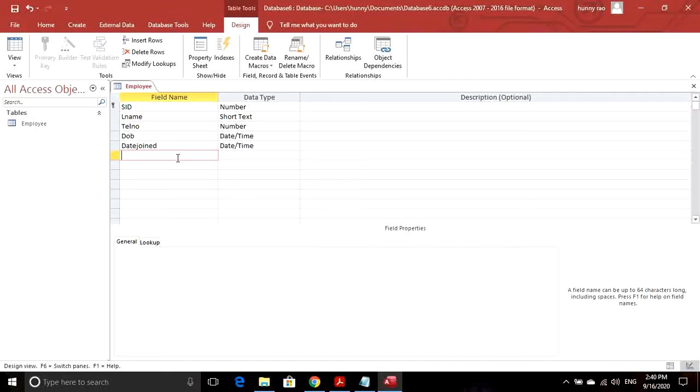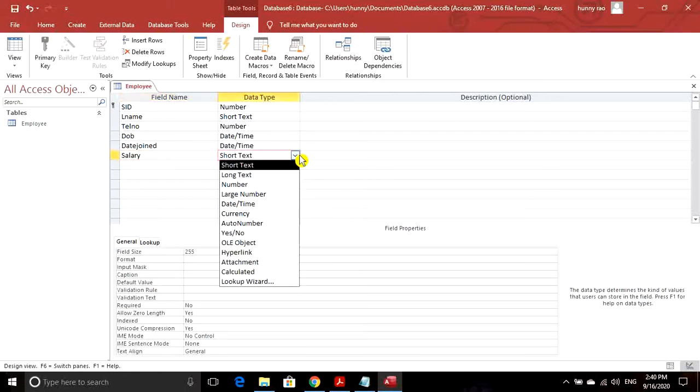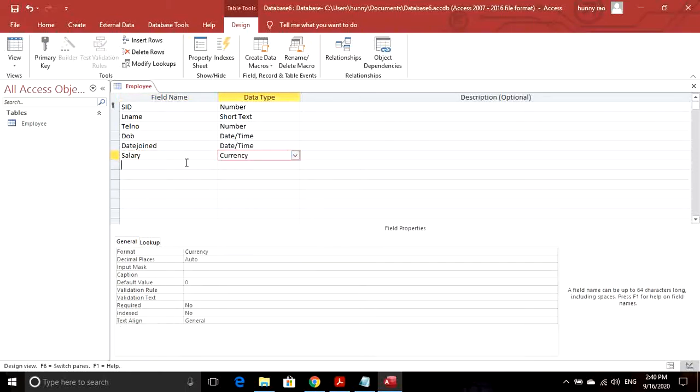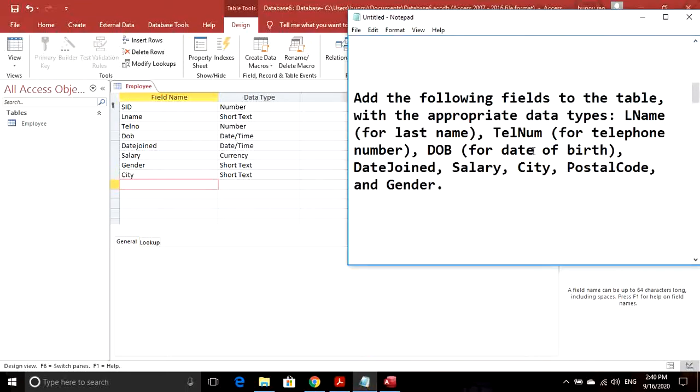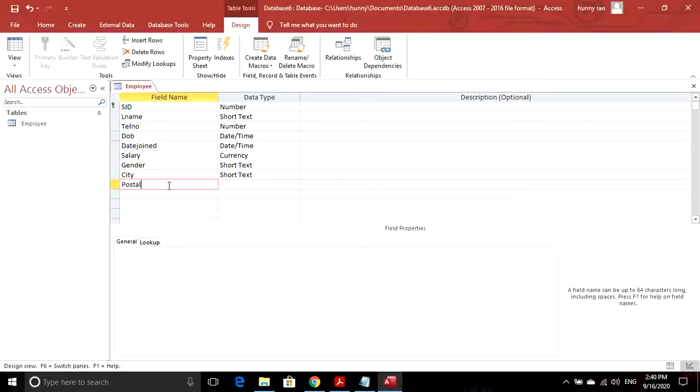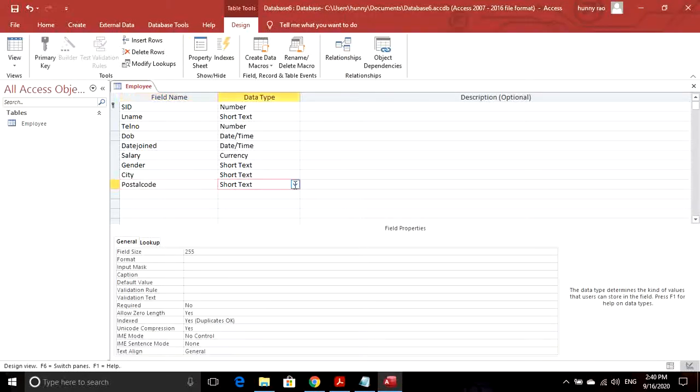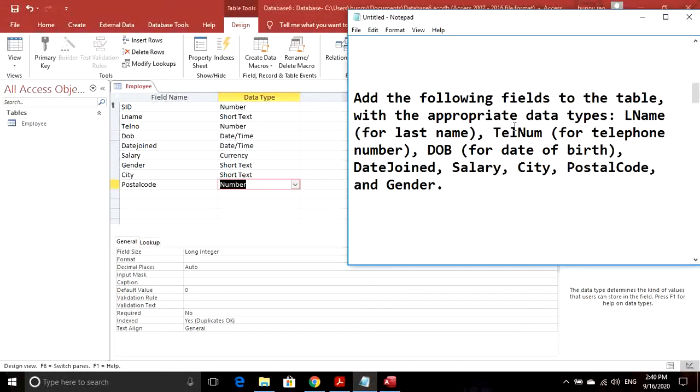Next, we will have salary. For salary, you can select currency. Next, we have gender. The data type will be short text. And city, it will be short text. Postal code, it can be a number. I think we have added all the required fields.